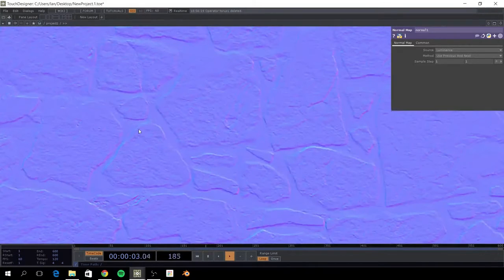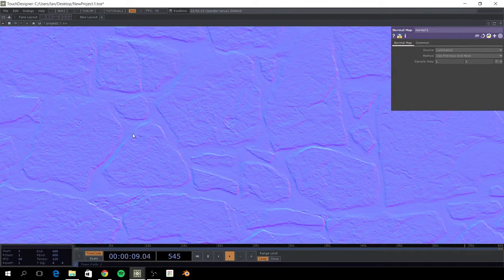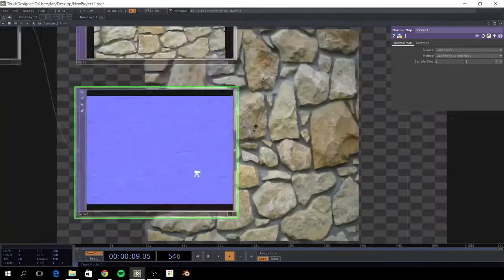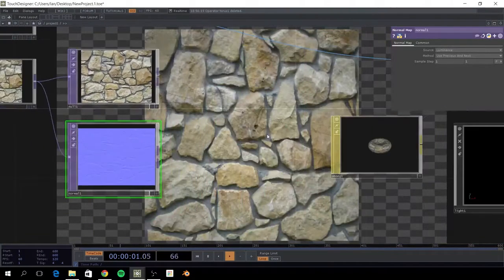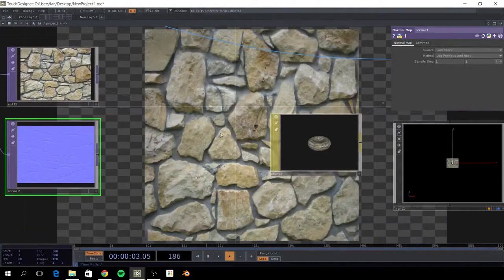So if you look closely here, you'll see that this side of this stone is cyan and this side is more purple. Well, the top is a bit brighter, like whiter, and the bottom is a bit darker. And this denotes the edges of these rocks, right? The normal map looks for contrast and then creates